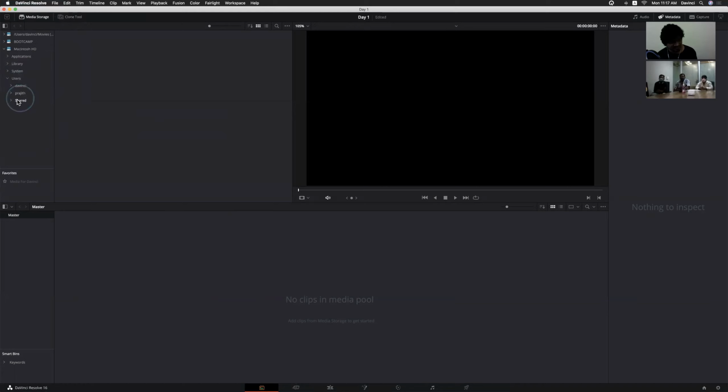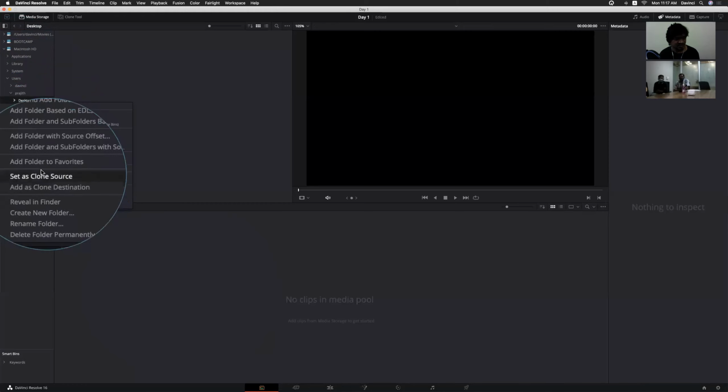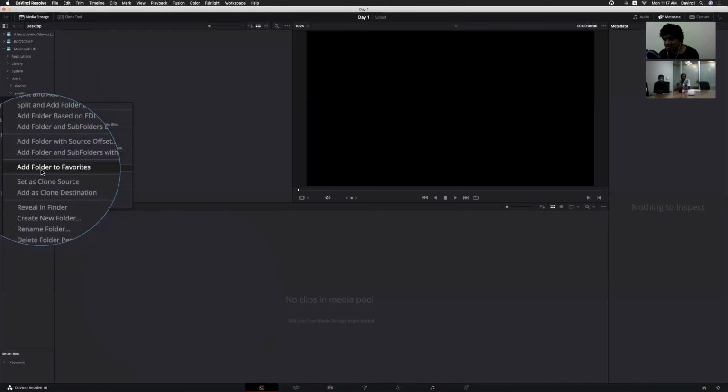But in users, whatever regular folder you are using, you can add it. Let's say most of the files are on the desktop. You can add this desktop to the favorites section. Add folder to favorites, so that we don't need to search the entire folder structure.